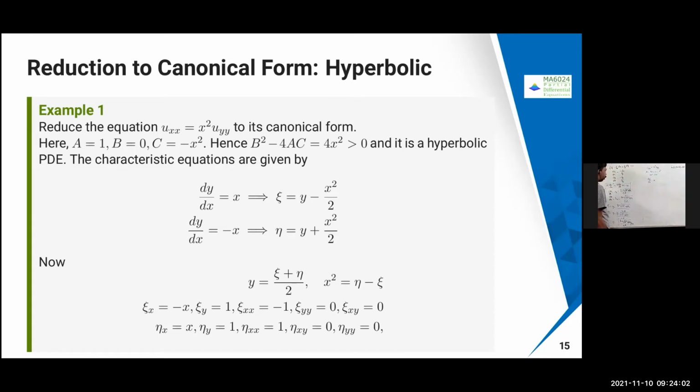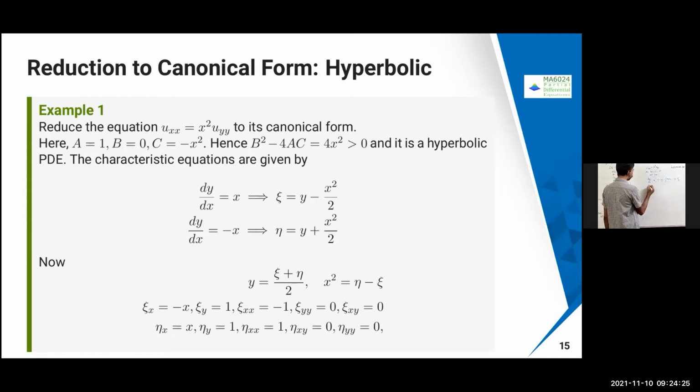So therefore, what I'm going to get, I can use this here. Chi equals y minus, so in this case chi is going to become y minus this, which is x dx. Okay, x dx means I can integrate that. So the integral of x dx is going to come, and therefore we are going to get y minus x square by 2.